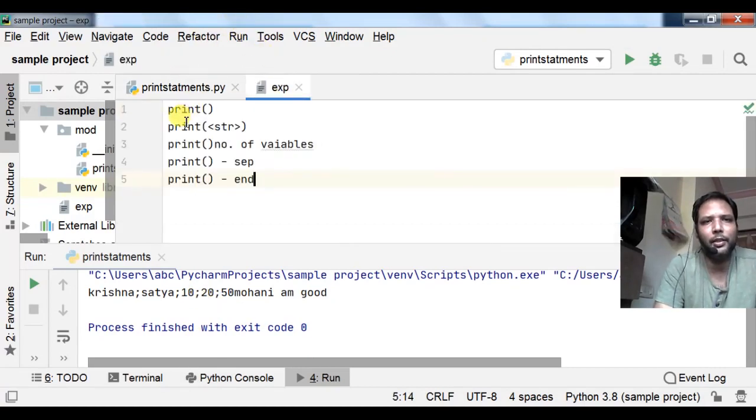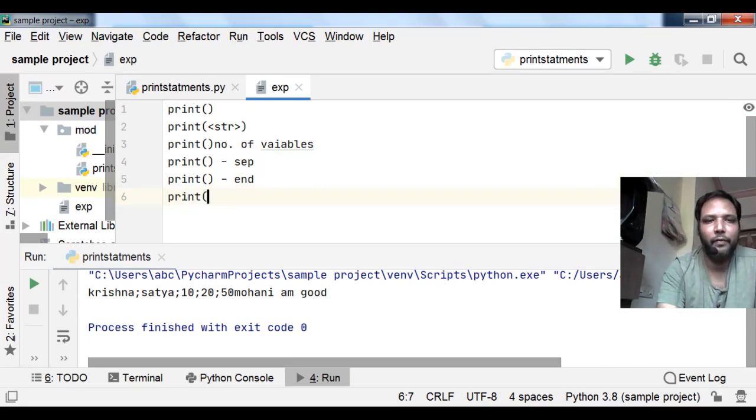We already discussed the print with no arguments, print with a string as the argument, and print with variables, how to concatenate the variables, and how to use the attribute sep to separate the variables. We have already used the end attribute also. So today we are going to learn about the print,